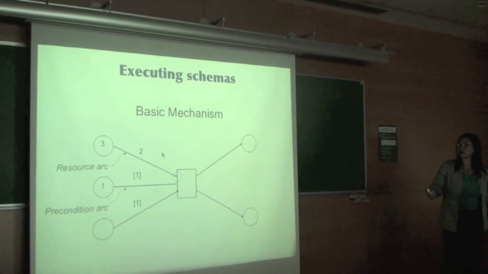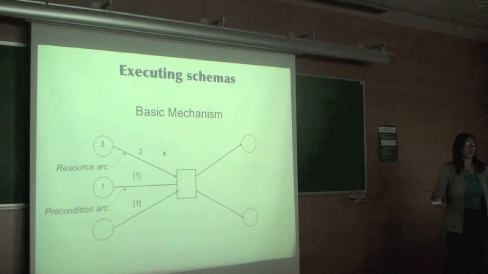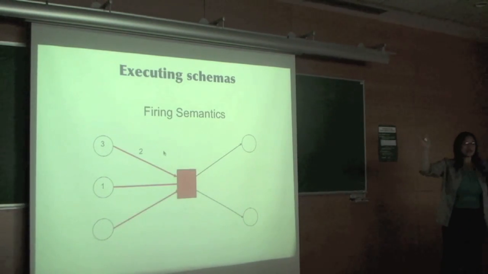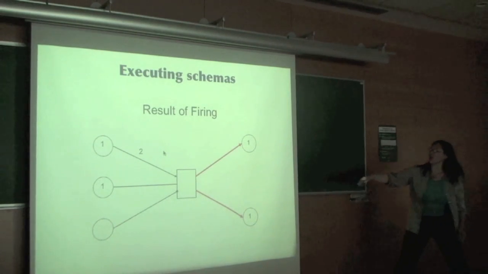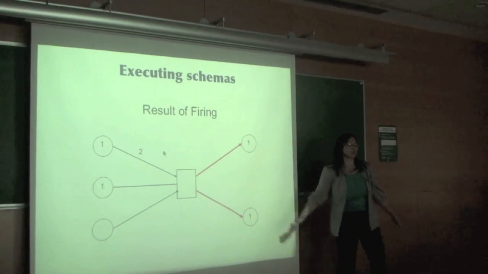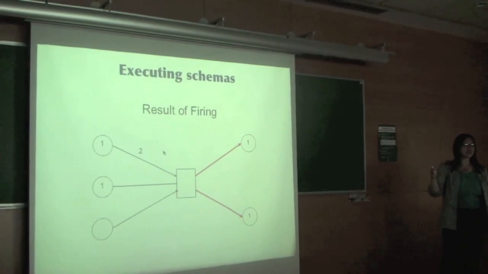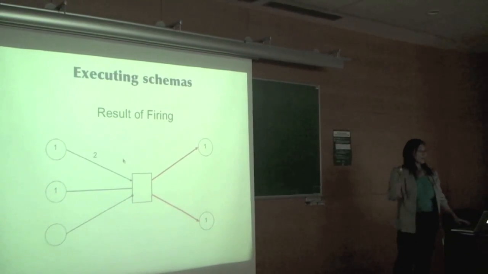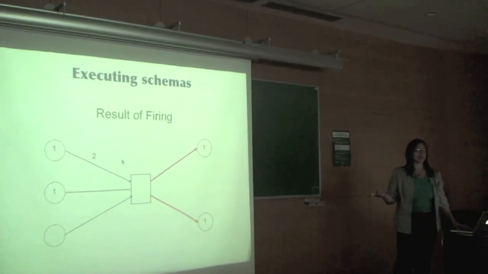Another is precondition, like again, I have to have legs, for example, or I have to have a clear path. And then inhibition, like this will stop me from doing it if something is there. So there are various ways that you can affect an action, and if all the ways are satisfied, like my preconditions are fine and nothing's stopping me, I can fire. That means I can go ahead and do this thing, and the result might be that I've moved, my position has changed and now I'm less energetic or whatever it is. So think of it as a little building block, and with this you can piece together bigger structures that create the thing that we saw on the previous slide, the walking.